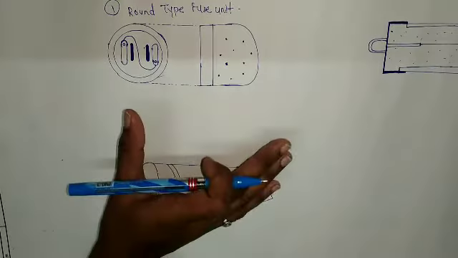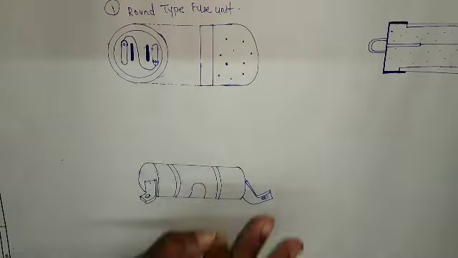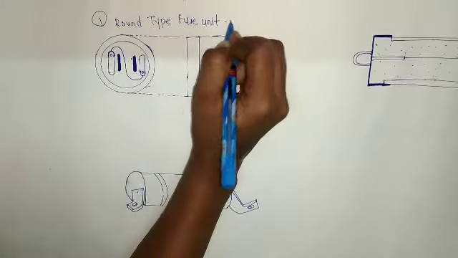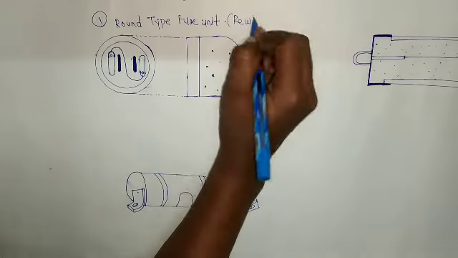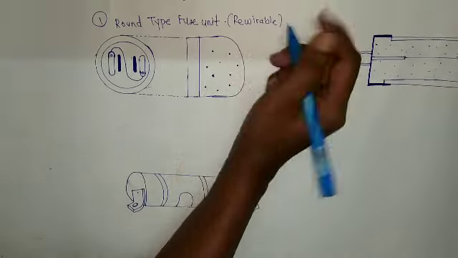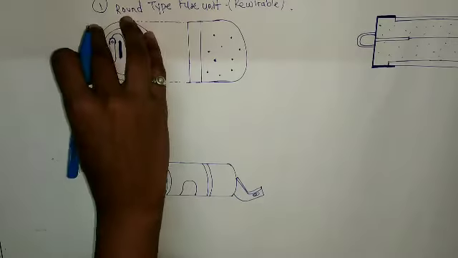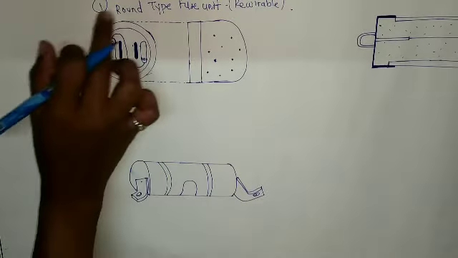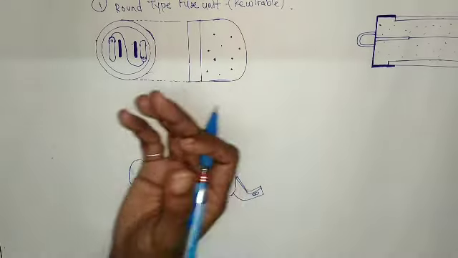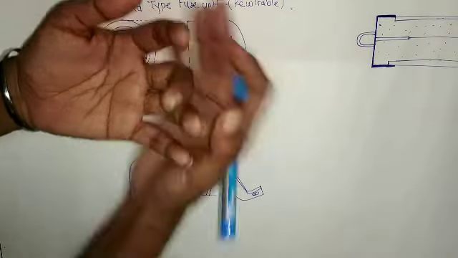That means whenever the fuse wire melts, we can remove that fuse wire and replace it with the new fuse wire. So this is called as rewirable. It comes in rewirable. Okay, now we will see this. So this is the fixed part, that is, the base part, and this is the cover, right? So this is the base part that is attached and this is the cover part.